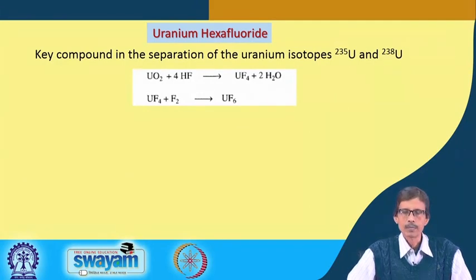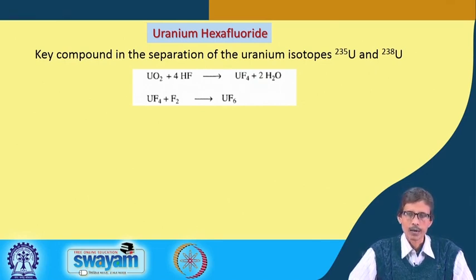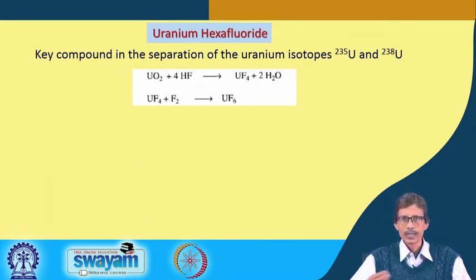Other than this, that means UO2, uranium dioxide, which is a tetravalent compound, or some other uranium oxide source in your hand, can be directly allowed to react with hydrofluoric acid only, not any other salt, giving you, like silicon tetrafluoride, uranium tetrafluoride and water, and that uranium tetrafluoride can further be oxidized by elemental fluorine to uranium hexafluoride. So, uranium tetrafluoride, UF4, is susceptible to oxidation by fluorine. You cannot go for a direct reaction of UO2 with fluorine to get the UF6. You have to go through that UF4.